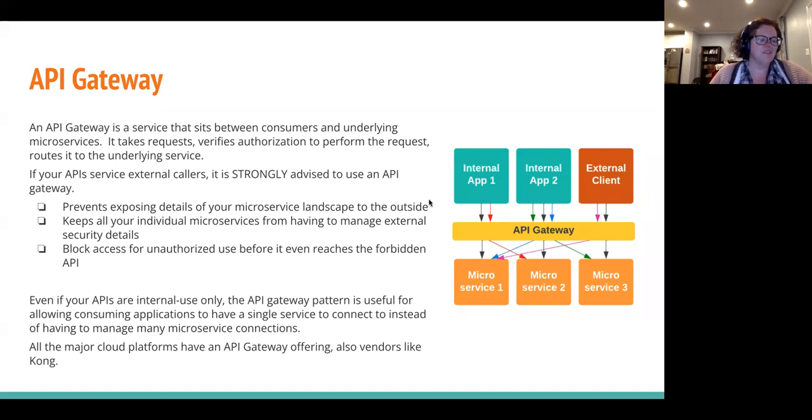You don't want every single microservice that you're ultimately delegating requests to have to know the details about all your individual customers and who has what and who's allowed to do this and that. An API gateway can handle all that for you. It's great for just general security, because if someone isn't authorized at all, then you can block it at the gateway level and not even get the request down to that underlying API at all.